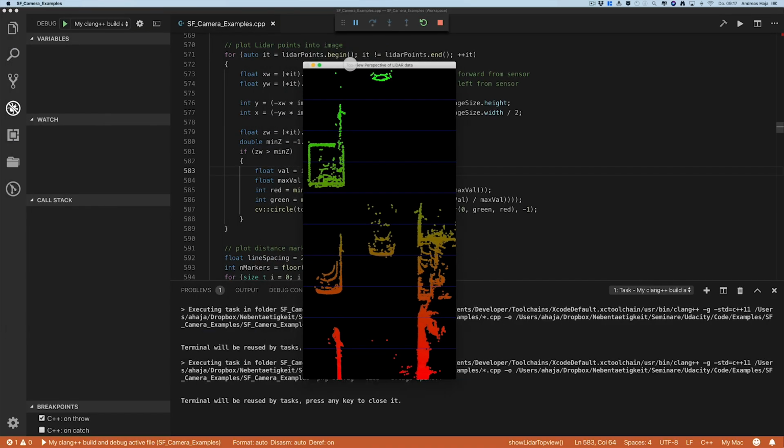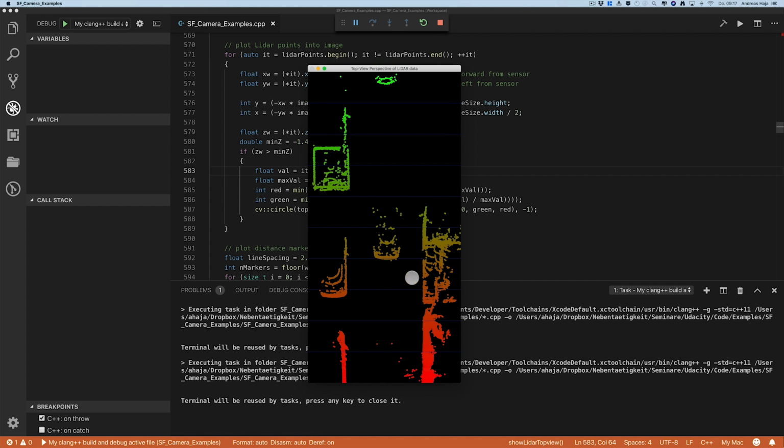And what you can see here is a very nice rendering of the scene in front of us. So close points are color-coded bright red, and while we move away from the sensor into driving direction, that's the 20-meter mark. We can see that the LiDAR points at the far end of this 20-meter mark are painted bright green, just as we wanted it to be. And in the middle, we have a certain mixture, a gradual transition between red and green. Now the line markers, this is the 2 meter mark, 4 meter mark, 6 meter mark,